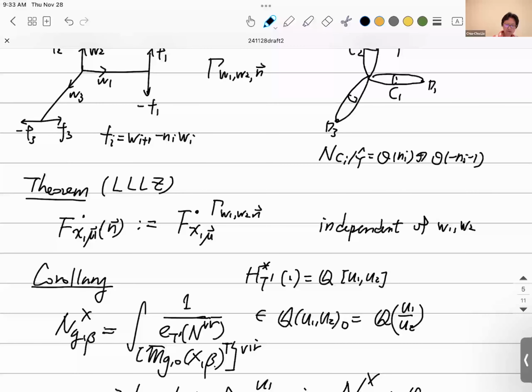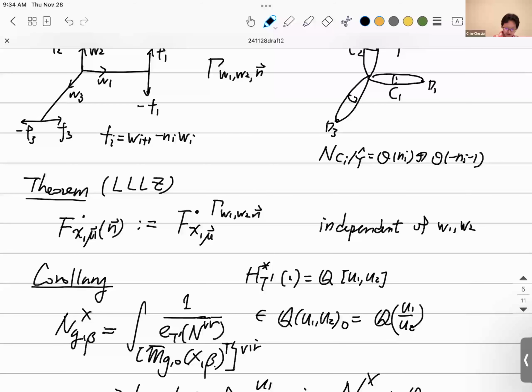But we just use this localization formula to define it. Because it turns out that if you have a stable map to X from a closed Riemann surface, and more generally a pre-stable algebraic curve of genus G,